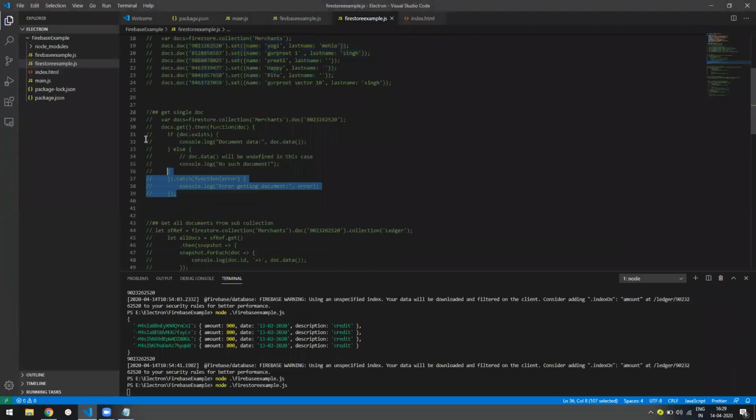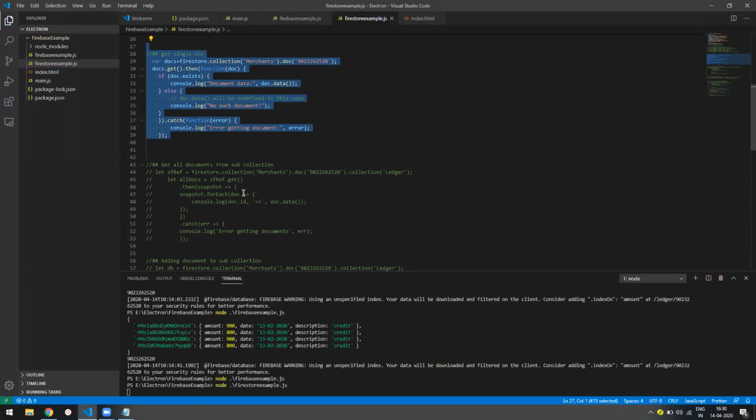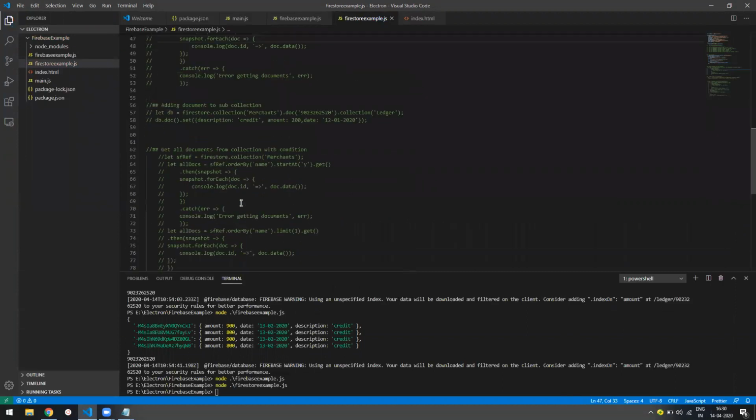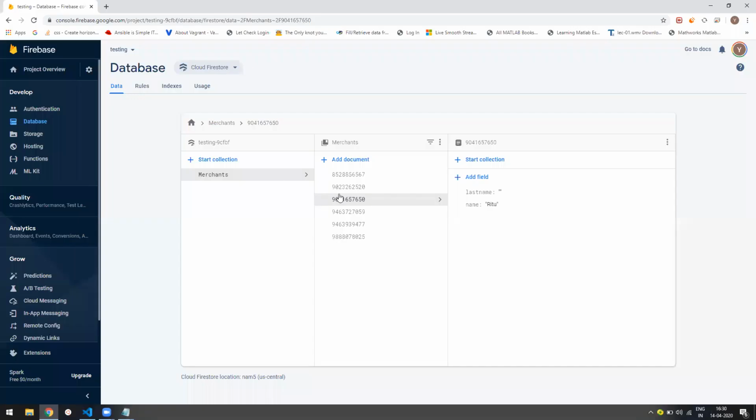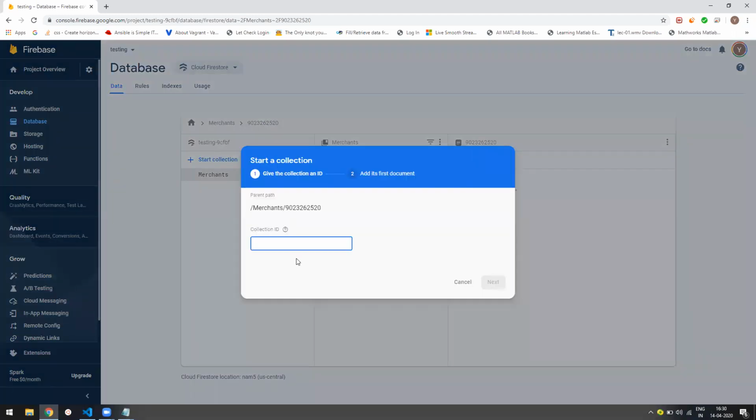Now I am going into querying to get a single document. I just want to get my document under this merchant. So I will say merchants.doc, and I will get the complete data. Okay, let me first manually insert the ledger. I will go into my phone number and add a collection called ledger,